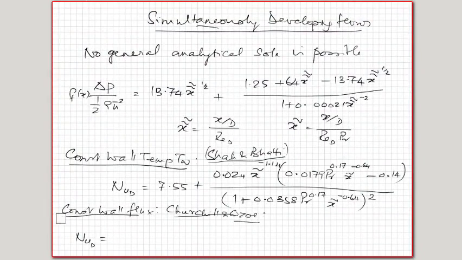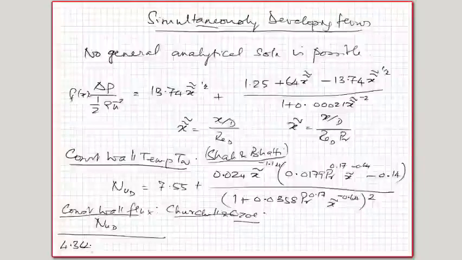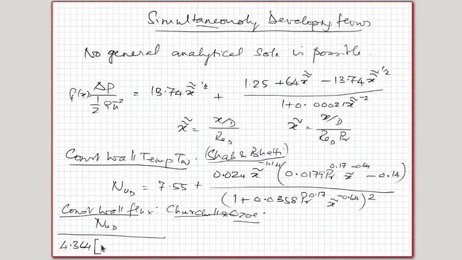This is a little bit more complex than that. NuD divided by 4.364, multiplied by 1 plus Graetz number divided by 29.6, the whole squared, the whole thing to the power of 1 by 6, is equal to